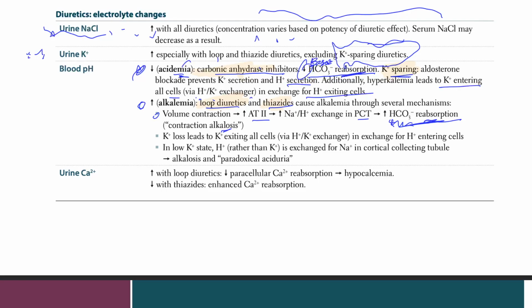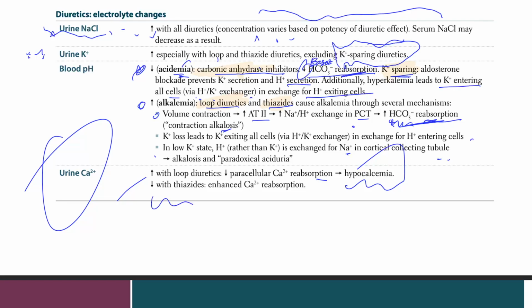Then you have the potassium loss, which leads to potassium exiting cells via the hydrogen potassium exchanger in exchange for hydrogen entering cells. In low potassium states, hydrogen rather than potassium is exchanged for sodium in the collecting tubules, which leads to alkalosis and paradoxical aciduria. Urine calcium increases with loop diuretics, decrease in paracellular calcium reabsorption, leads to hypocalcemia, and decreases